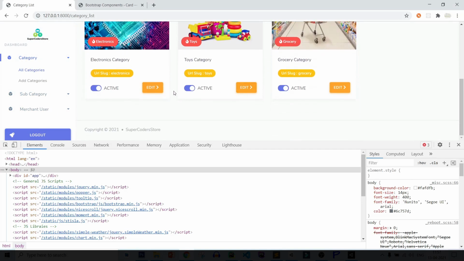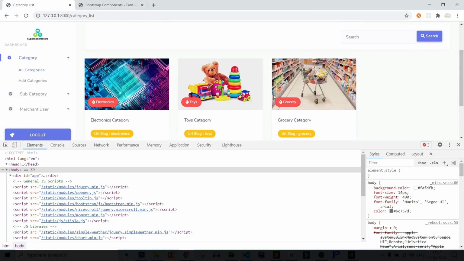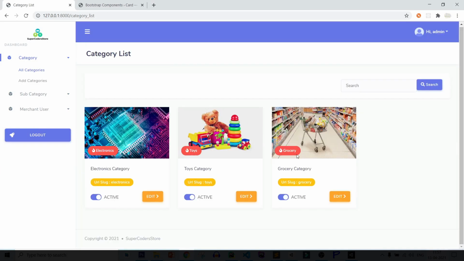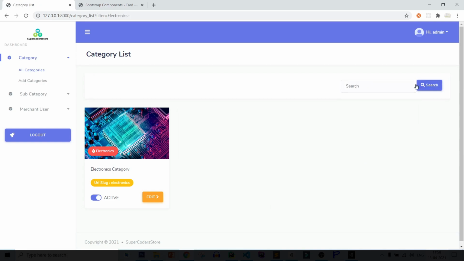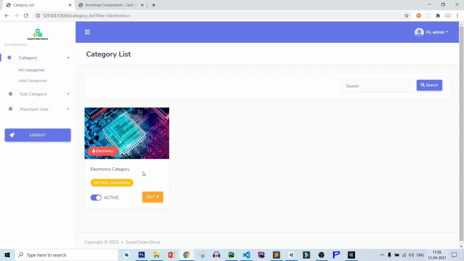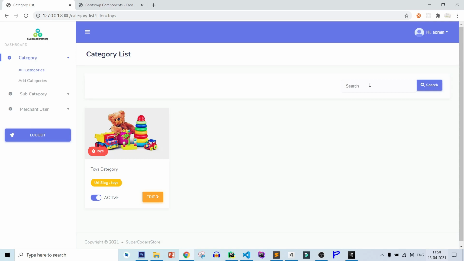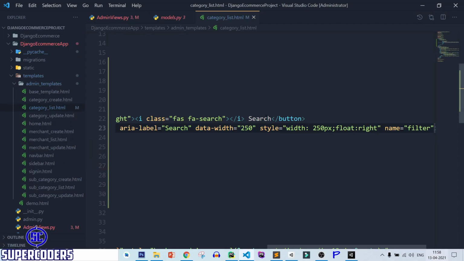Now here you can see it is showing only 3 items, and 2 more items are showing in next page. So after that, let's filter item from electronics. So copy it, paste it, search, and you can see it is working perfect. So our searching data is working perfect. Here I type twice, you can see still it's working.